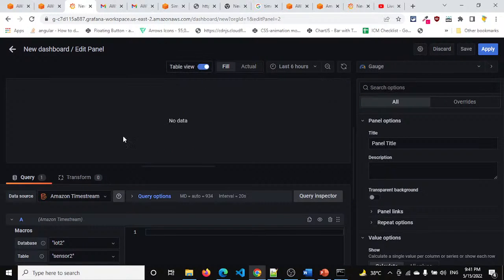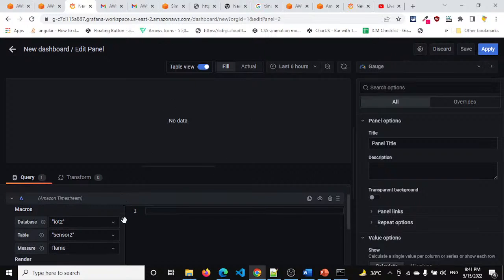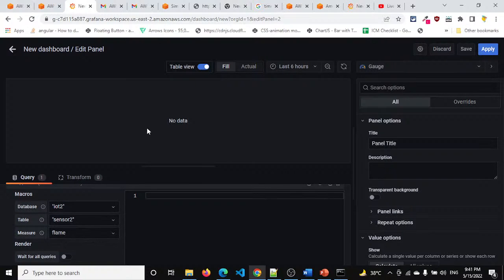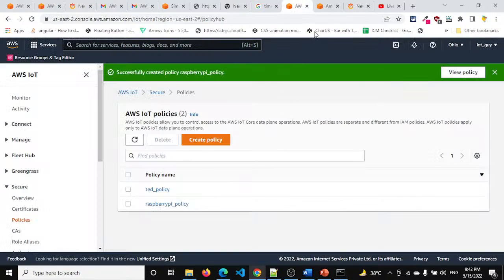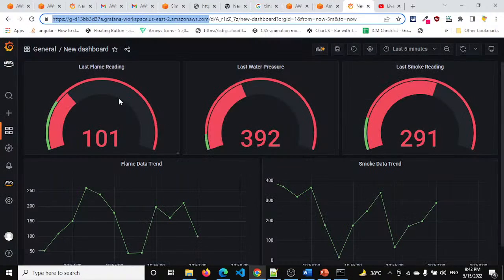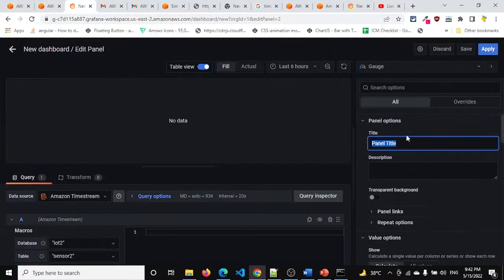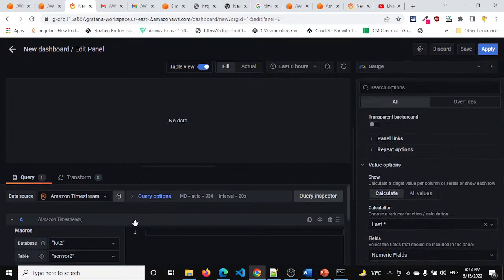Let's see table view. I can't see, no data. I can see no data here. I want to see the last flame data. Let's name it as I have shown you in the demo. Last flame reading. Okay, the spelling is wrong. Last flame reading. Okay, so